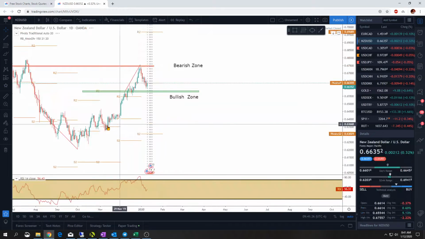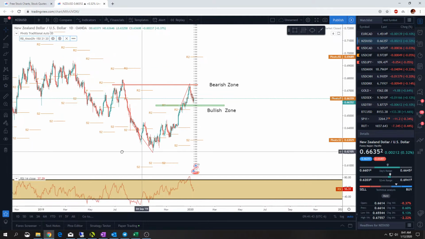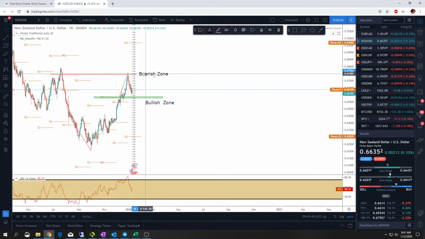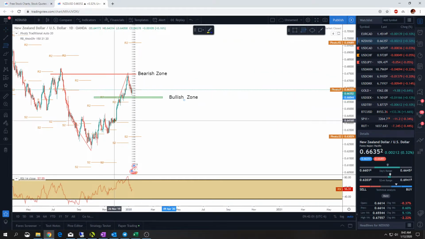So New Zealand dollar, US dollar. New Zealand dollar's just been kicking everyone's butt. We got divergence posted on the daily. Great time to short, by the way, in our bearish zone here. And now we're just seeing, are we going to get a good enough pullback all the way down into this? And why I have it right here on this R2 is if we do a Fibonacci retracement